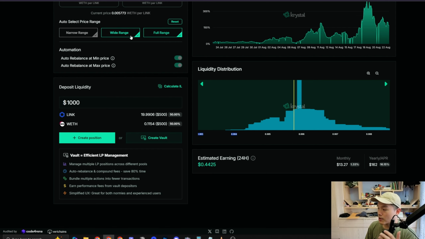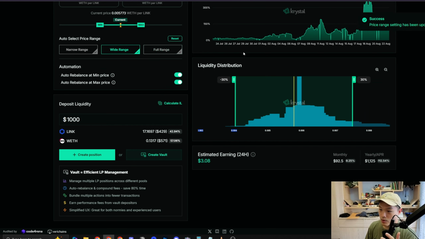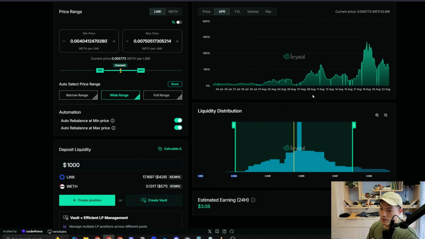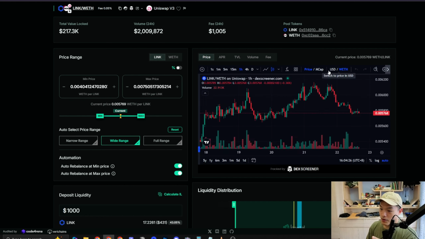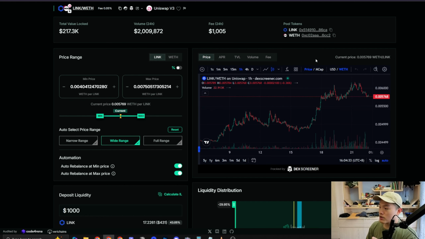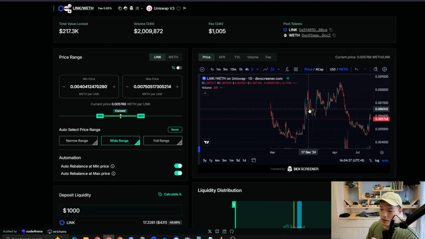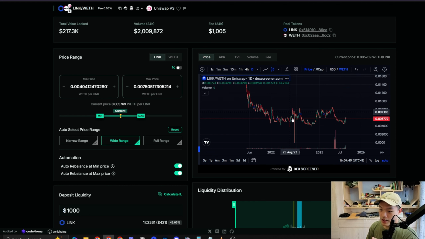But when I'm actually yield farming, I might not go that wide, right? I could go with this wide range here. It says wide range, but I typically like to go even wider than that because a lot of times the prices are going to move by more than 30% on each side, right? And here I can look at the chart as well. I could switch this to a daily chart. I could even set this Ethereum as the quote asset, which is the main chart that I want to look at in most cases. Go to the daily chart and I can zoom out here and look at the trends,